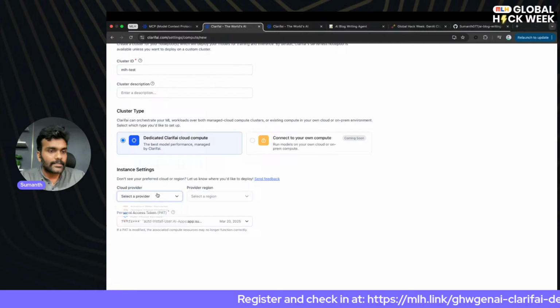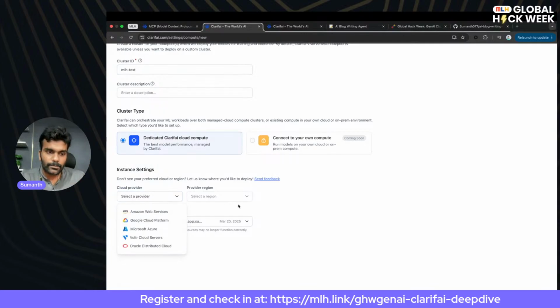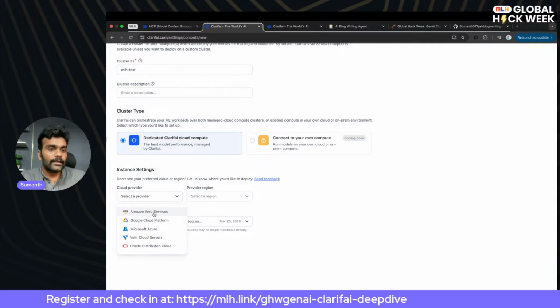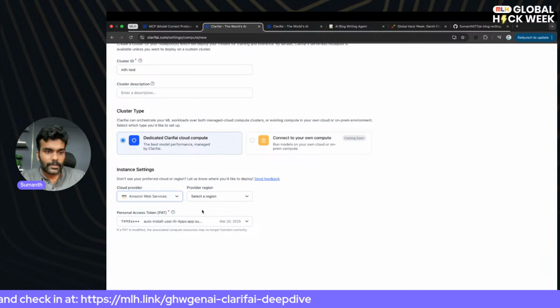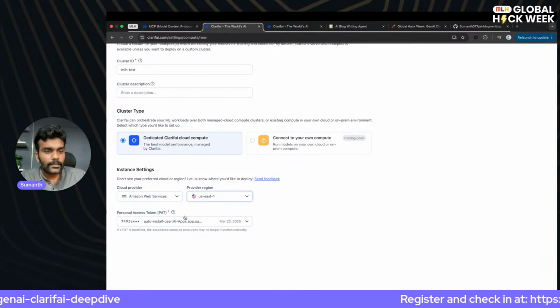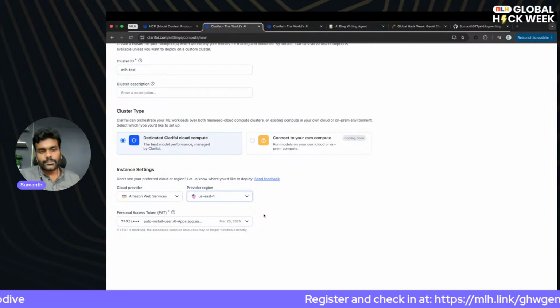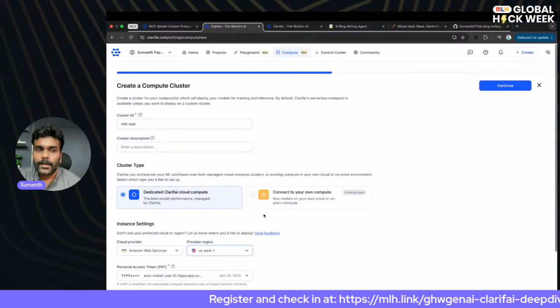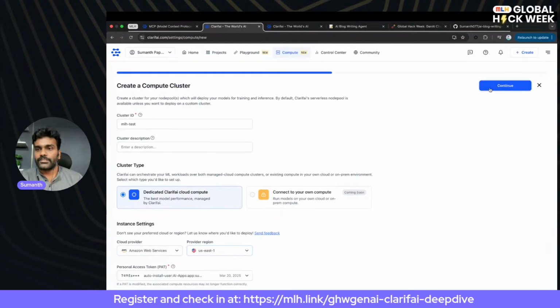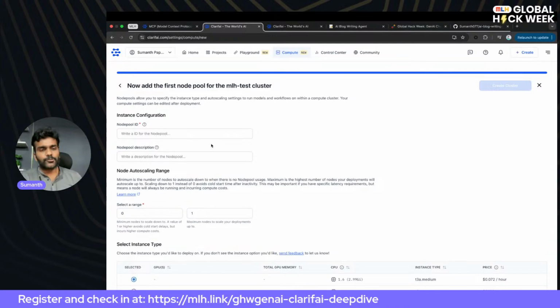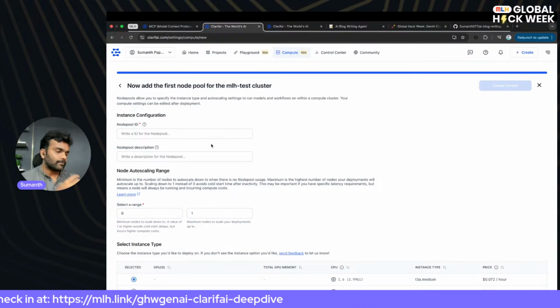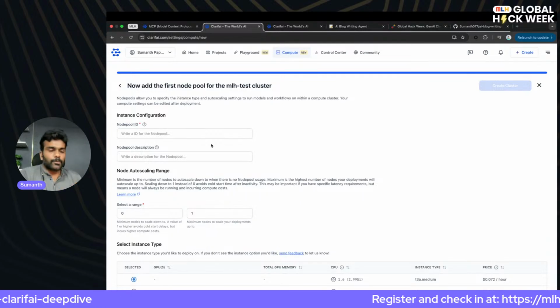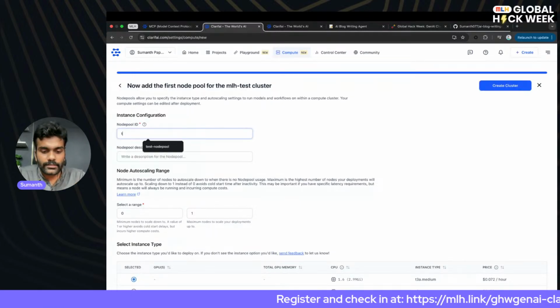And then here you can select your cloud provider: AWS, GCP, Azure, Vultr, Oracle. I'm going with AWS, and then selecting the region, US East, and then the personal access token in order to communicate with your resources. Once you select your cluster, you can click continue. Here you can specify your node pool. A node pool is, like I said, a group of nodes with the same configuration, and you can provide your node pool ID. Maybe I can just go with test